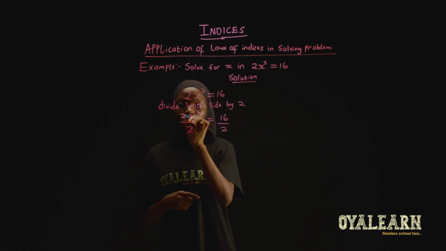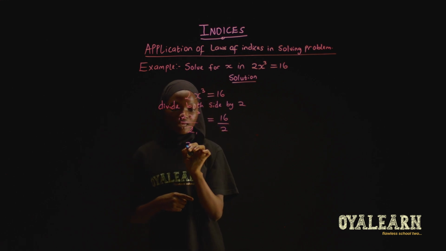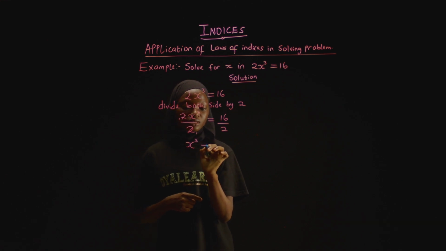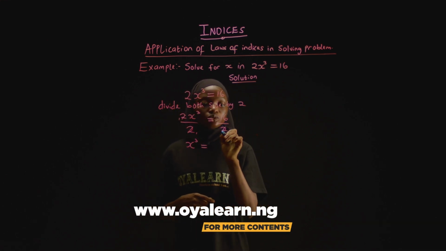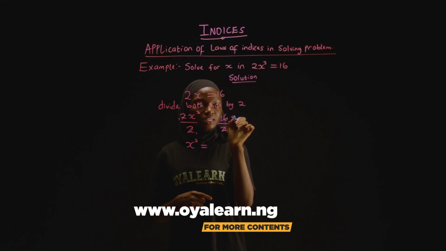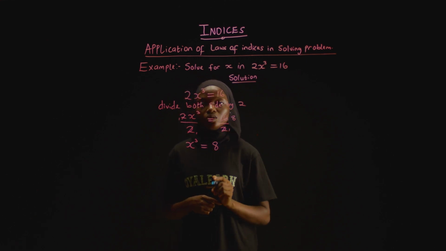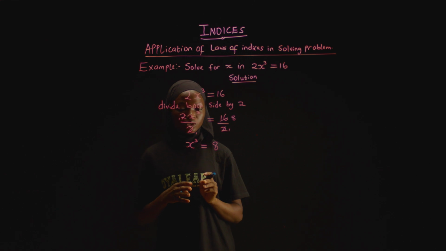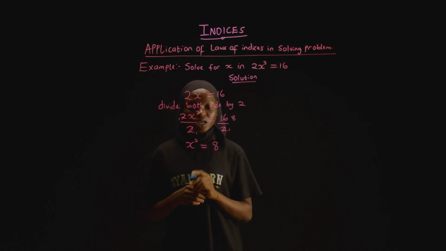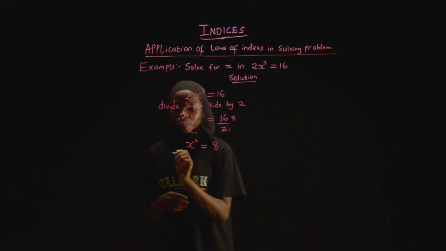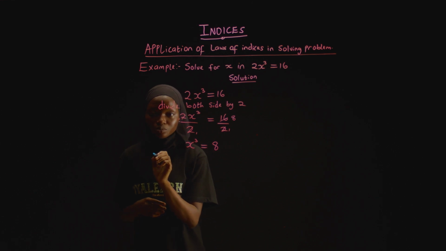2 goes into 1, 2 goes into 1. We are left with x raised to the power 3 here equals, 2 goes into 16, 8. Now here, we are looking for x and not x cubed. So we still need to remove this raised to the power 3. Now to remove this raised to the power 3, we raise both sides